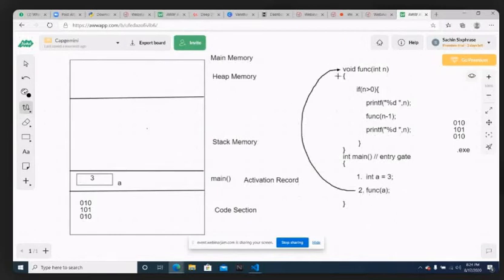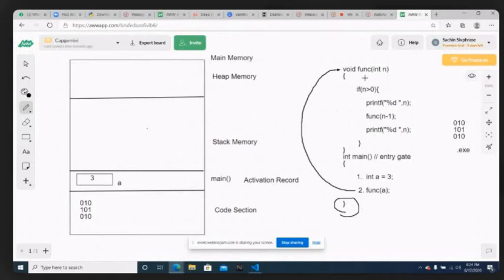After I complete all these lines and come back, only then will I be executing the close curly braces of main. So until now I have not executed the close curly braces of main, which means the activation record that I created for the main function cannot be deleted at this point of time. So before deleting the activation record of main, I am calling one more function, which is called func.